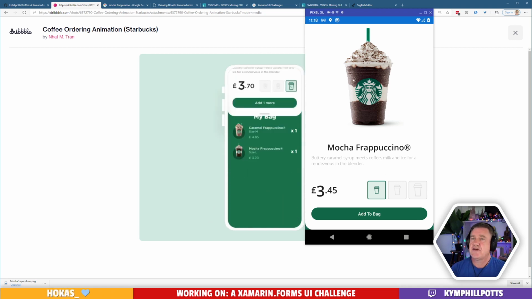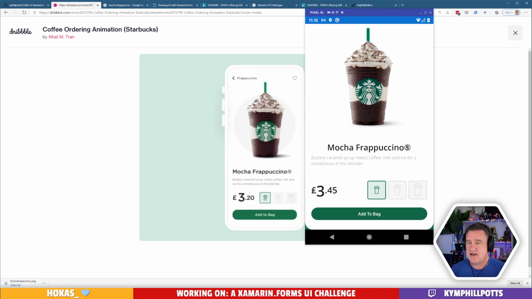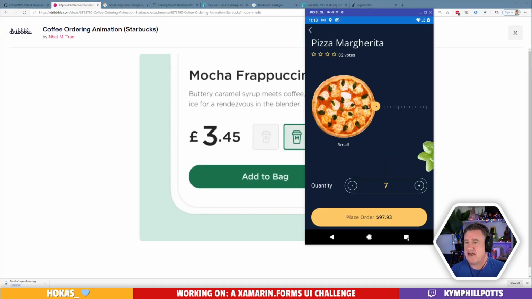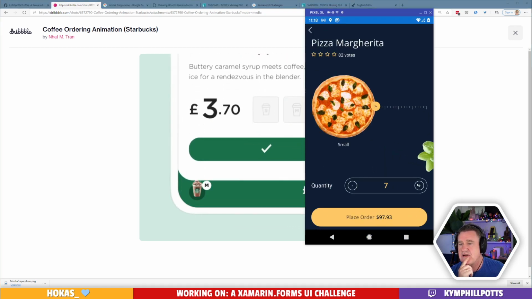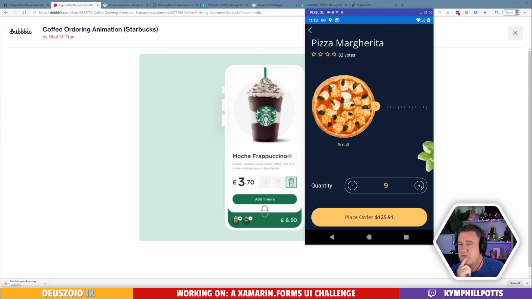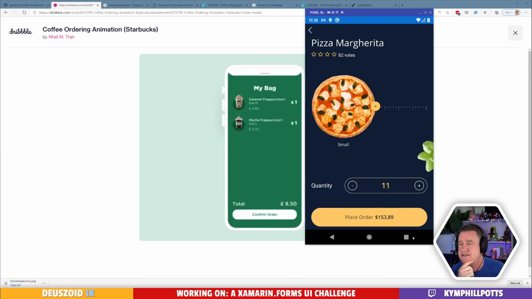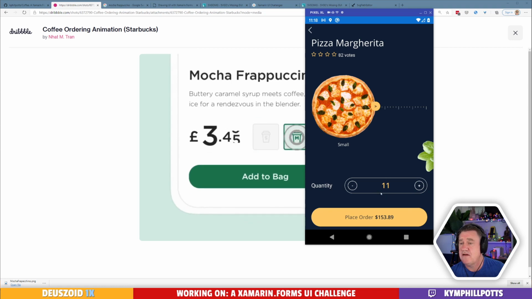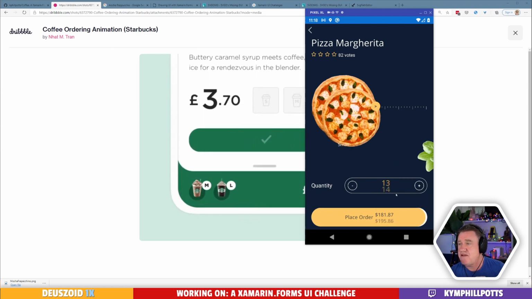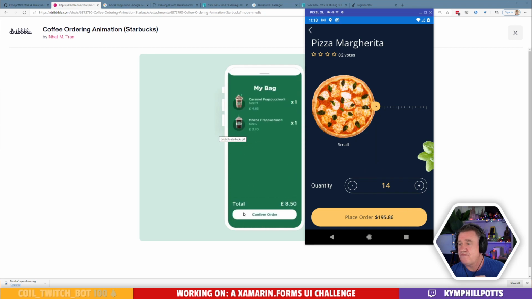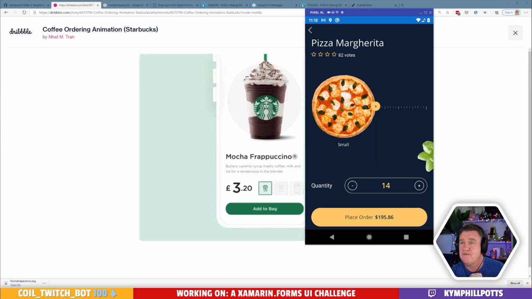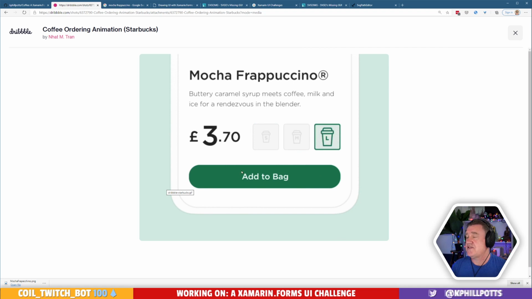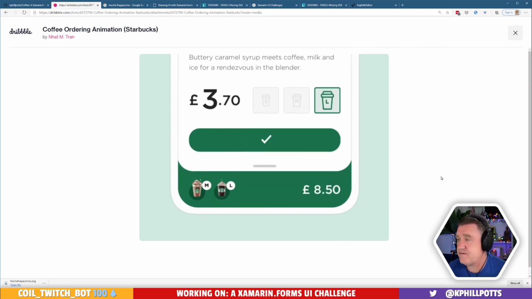All right. So in order to do that, like I said, we had a previous challenge that we did, which was this pizza one, which as we go through our various elements here, we are basically rolling those numbers over. I think we could probably use that for this. So I'm going to steal some code for that.